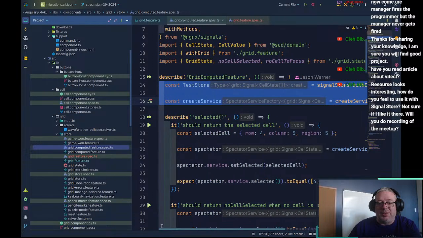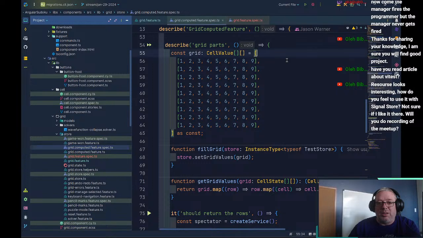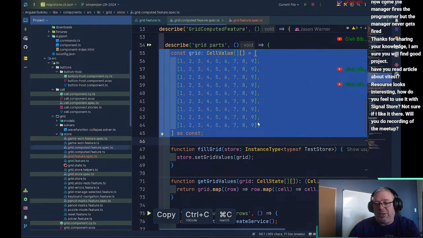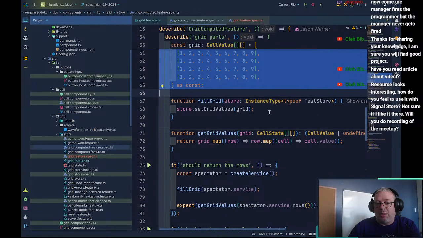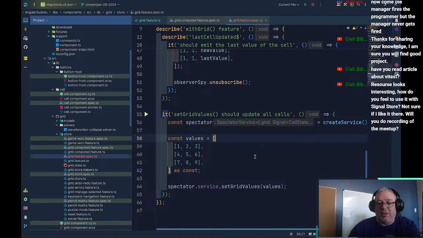If we take a look at this, inside of here, yeah, we had this fill grid function. So we want to grab this get cell stuff here,